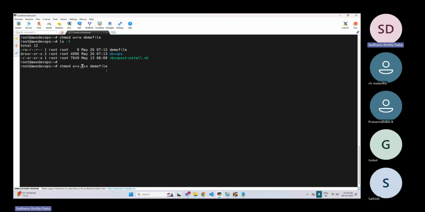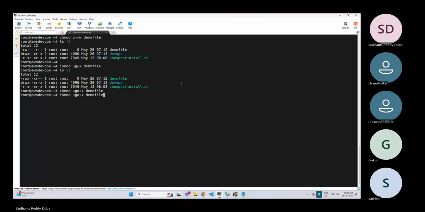But instead of doing like this, we can use a shortcut as well. For a user and group, you want to give same permissions. So club them together like this. For a user and group, I want to add execute permissions. So don't separate them. Club them together and give the permission if it is the same permissions. And now if you cross check, for a user and group, we have assigned execute permission, not for others. If you want to assign for others as well at a time, for user, group, and others.